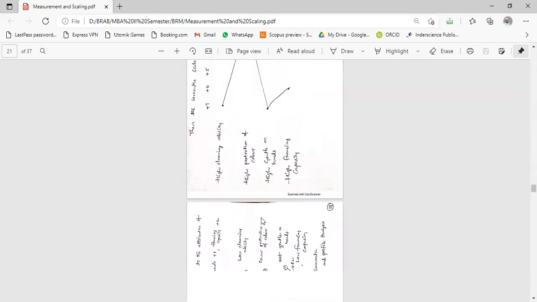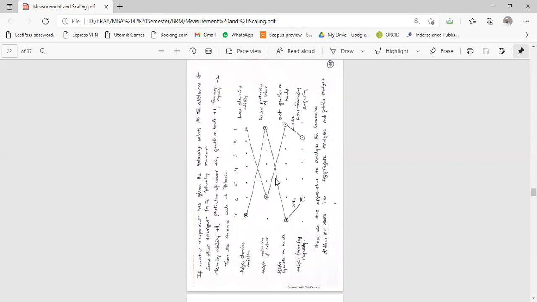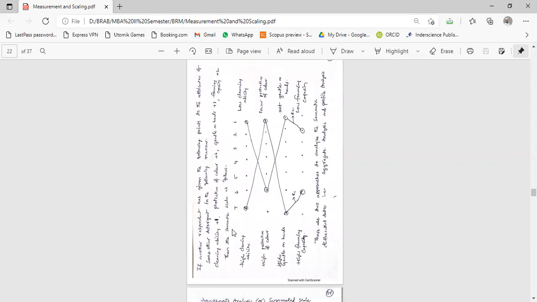So this will become a semantic differential scale. Points will be there, so you will select that point. See, if another respondent has given the following points to the attributes of some other detergent in the following manner: cleaning ability +1, protection of color +6, gentle on hands +1, foaming capacity +2, then the semantic differential scale will be as follows. The points are like this. Now you have to dot the points, the ratings given by them.